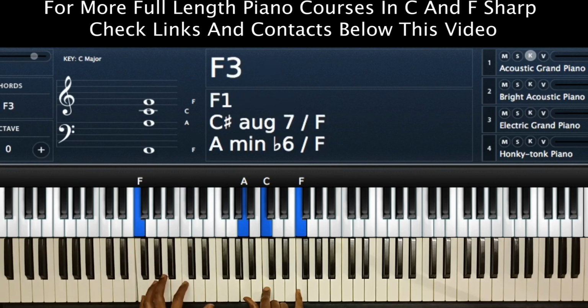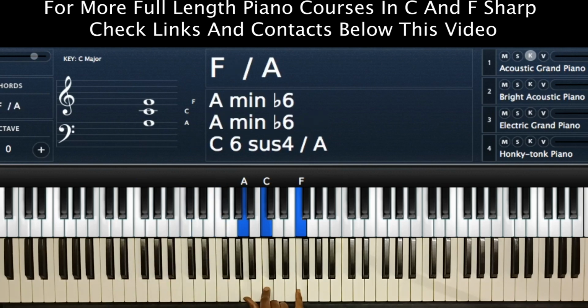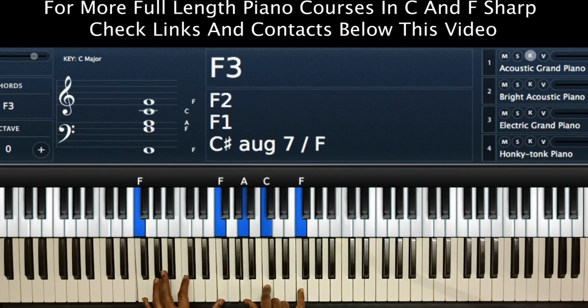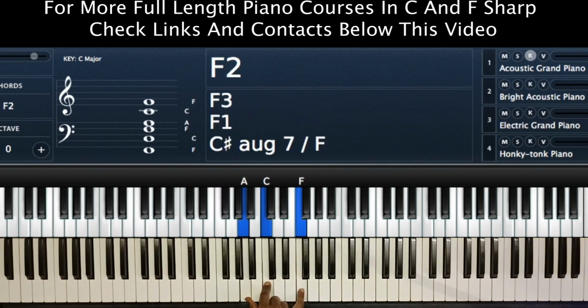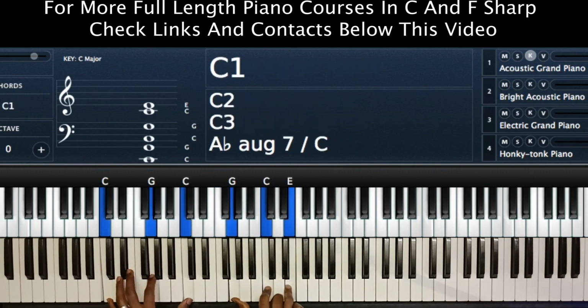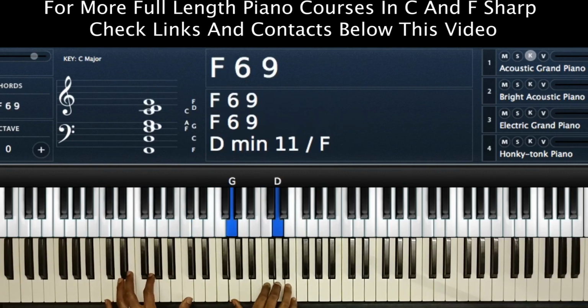On the left I'm just playing F, C and F. I'll play the basic chords, then we can see what we can add on bit by bit. Okay, 4, that's F major, F, C, F on the left, A, C, F on the right. That's an inversion of F major. Okay, Nani kama wewe. Back to C major, chord number 1, C, G, C on the left, G, C, E on the right. Okay, Nani kama wewe